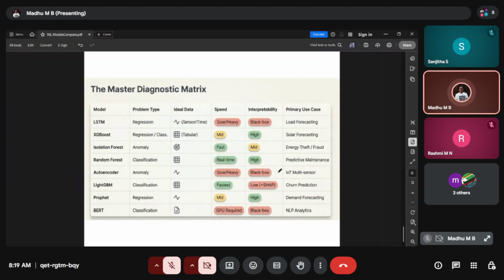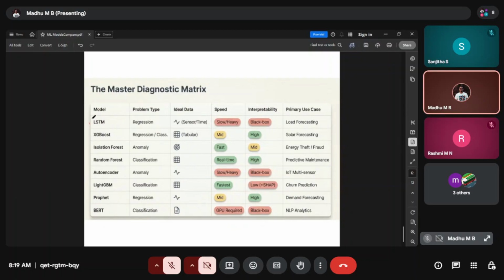Now, just to summarize and conclude this section, this is the very high-level metrics. How many models were we introduced to? Totally 8 models.